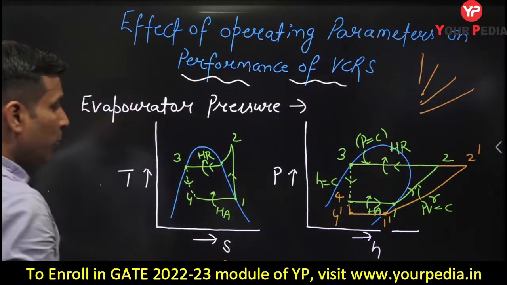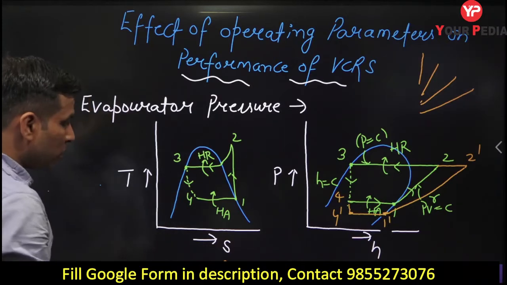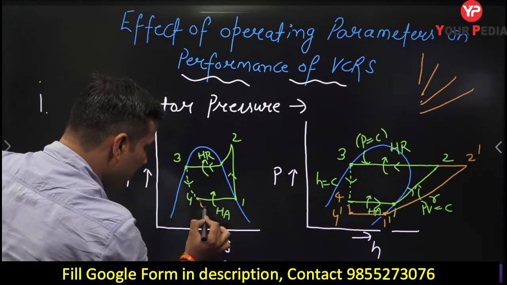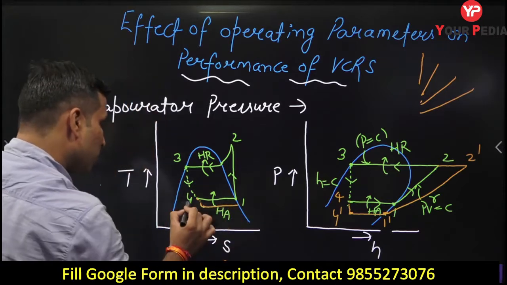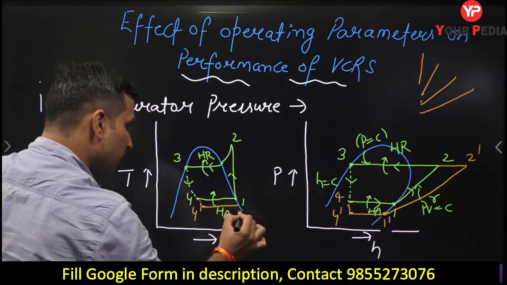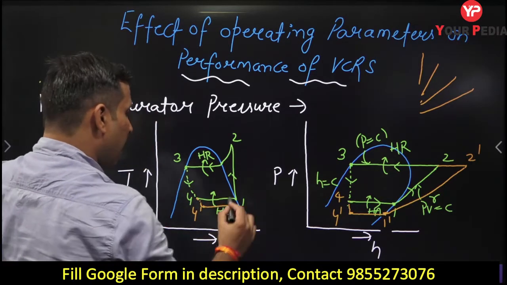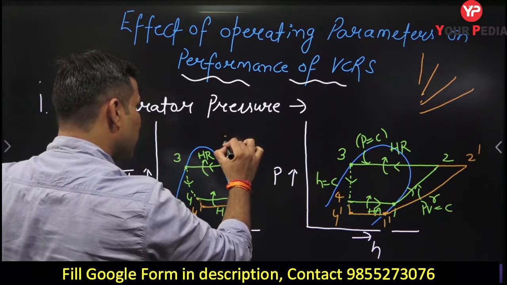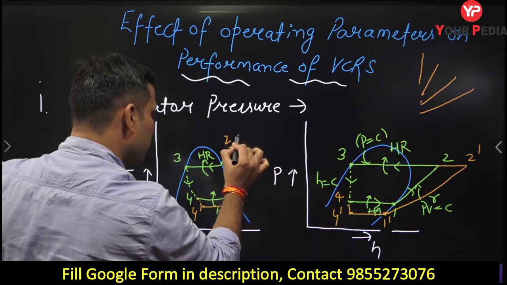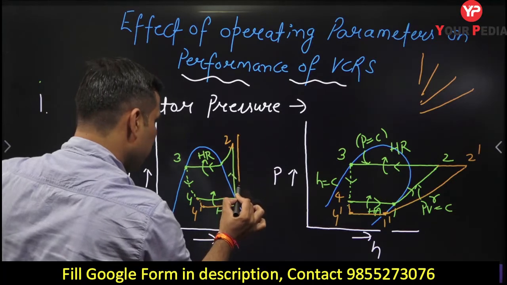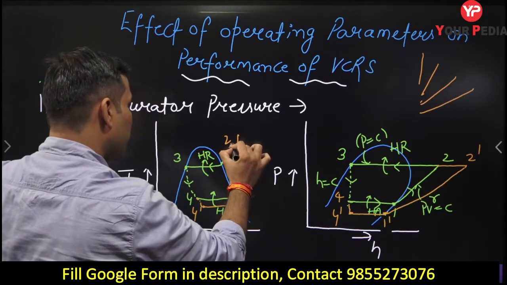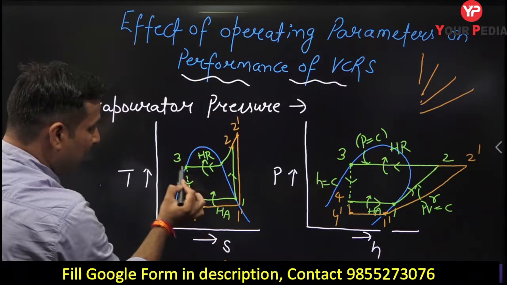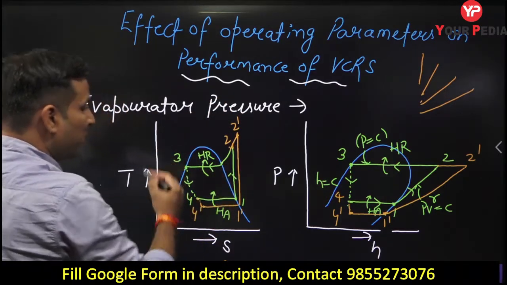If you observe here also, if you show the decrease in evaporator pressure, this line will further go here, and you will have a line something like this. So this is 4 dash, and this is 1 dash, and again you need to compress to the same condenser pressure. So this is 2, so the process must be something like this. So this is 2 dash. This is the same constant pressure line, guys.